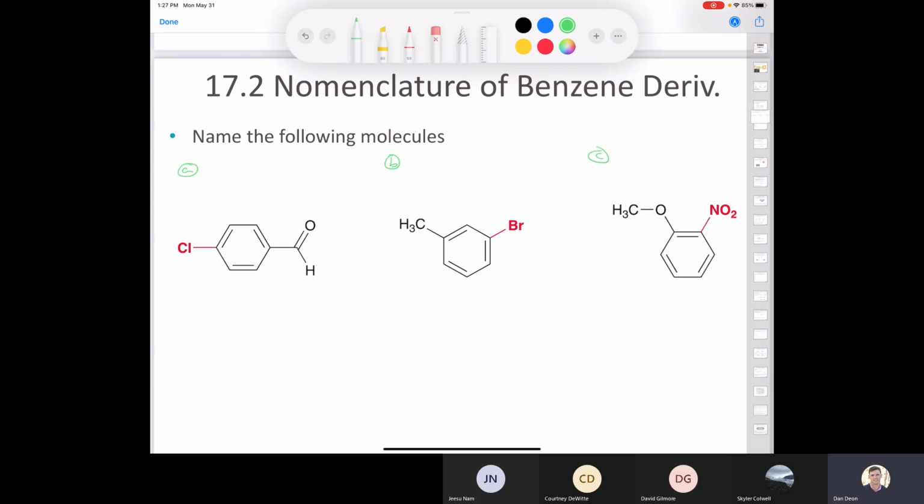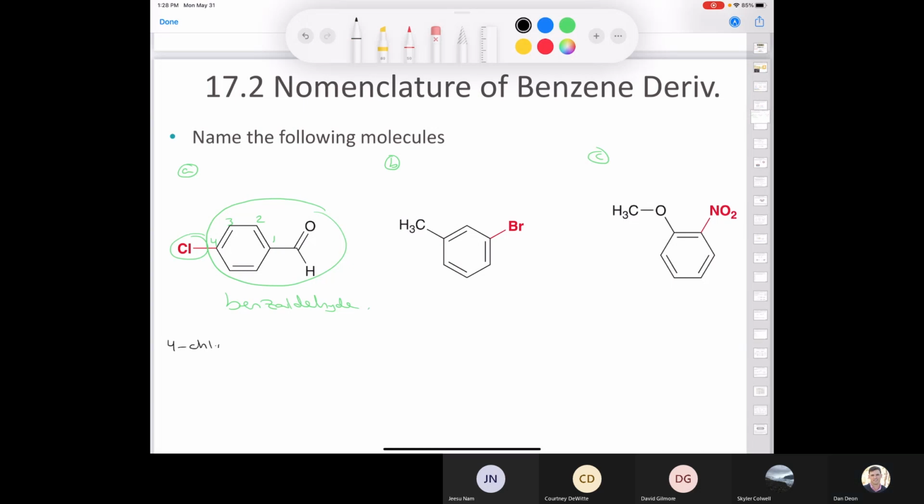Could anybody tell me what the parent in A would be? Absolutely. Thanks, Jisoo. It's benzaldehyde, right? So what she's saying is right here, I have a benzaldehyde. There you go. And then I have a chloro over here. So I go 1, 2, 3, 4. And so we can call this molecule